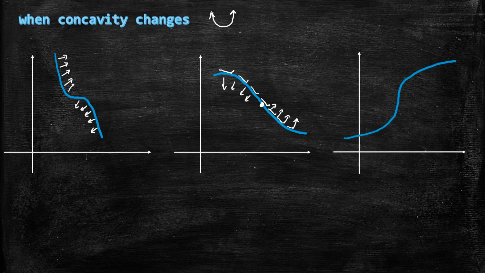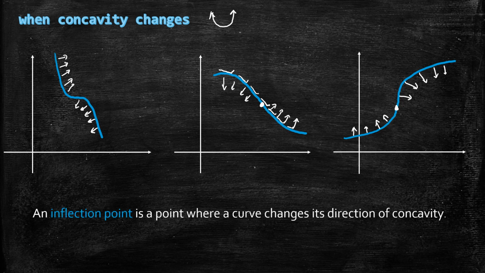And here's one other one. Again, we have concave up here, suddenly somewhere along here it changes, and then the curve becomes concave down. So that special point, without further ado, is called an inflection point. Wherever that occurs, sometimes we use IP to abbreviate it, it's called the inflection point,